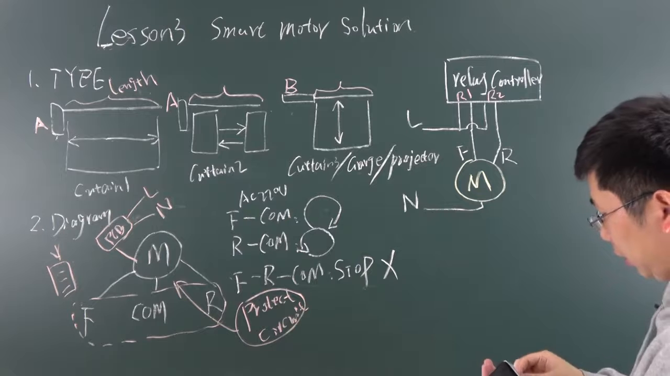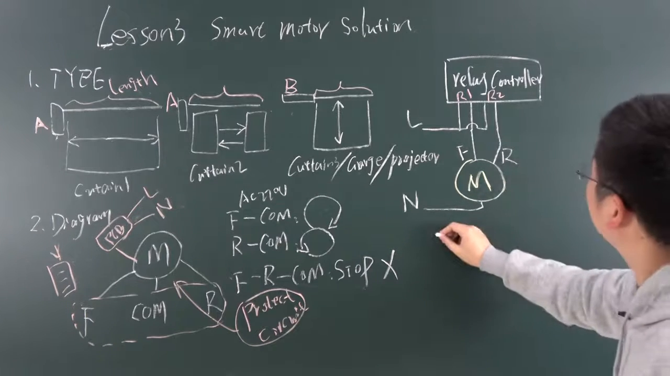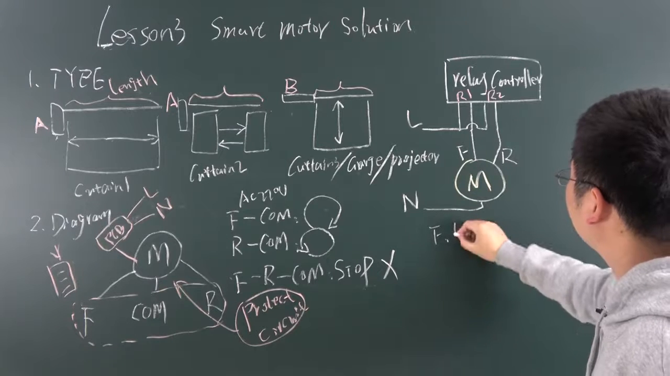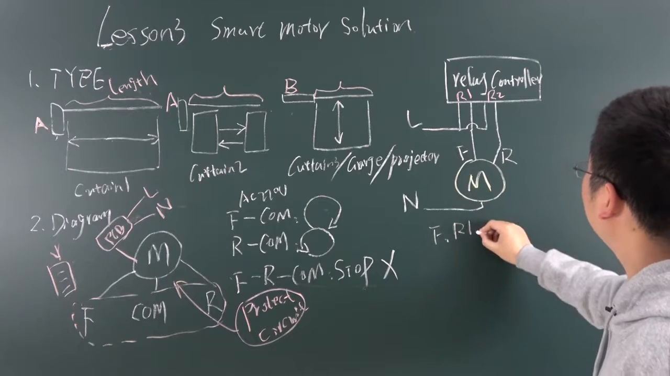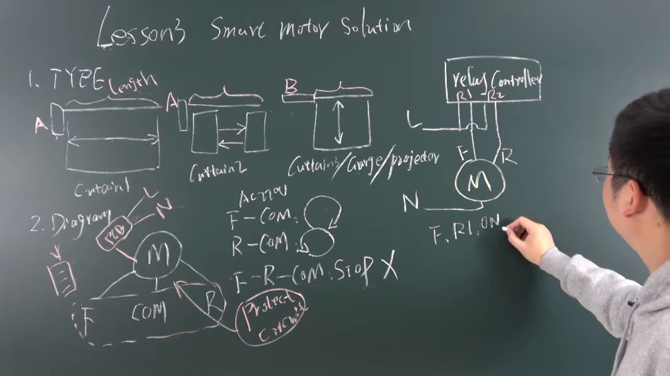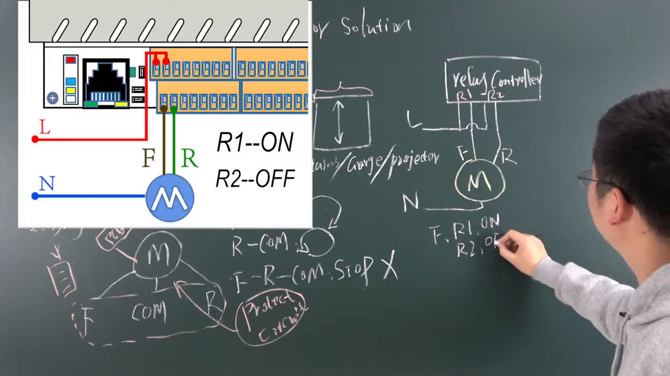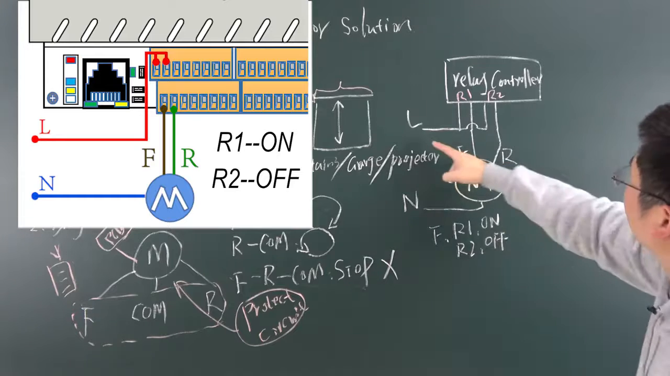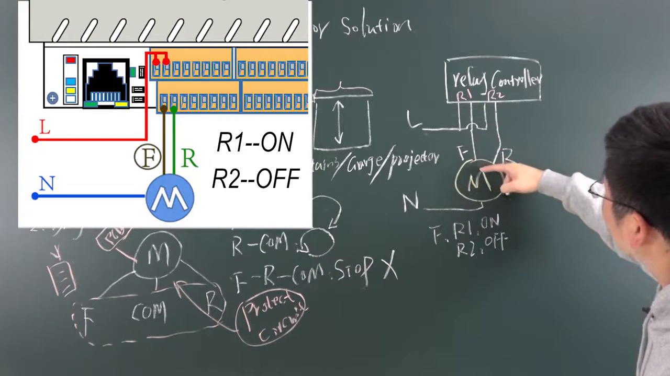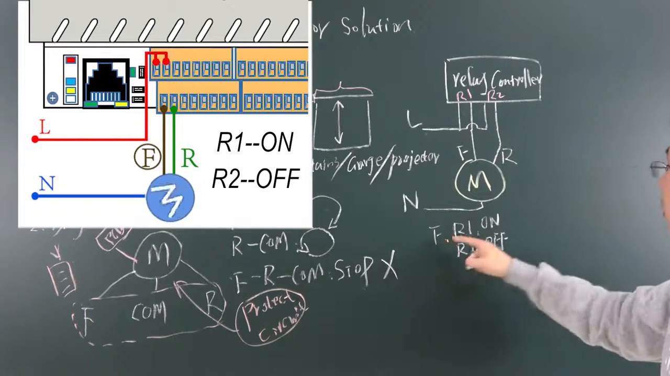Because when the relay, you can see when the relay is on, this forward, that means R1 is on, and R2, relay 2 is off. So the L will go through this point and go through the motor and go back to the neutral. This will be forward running,